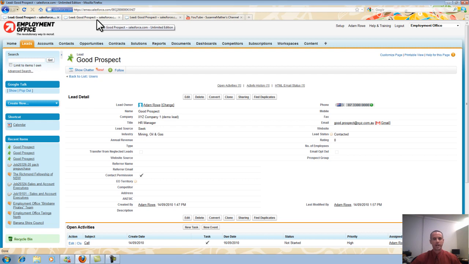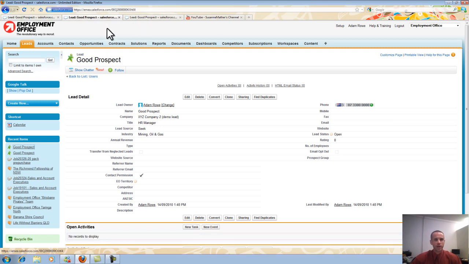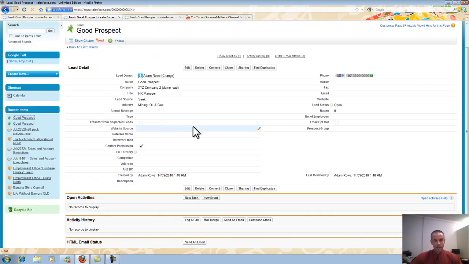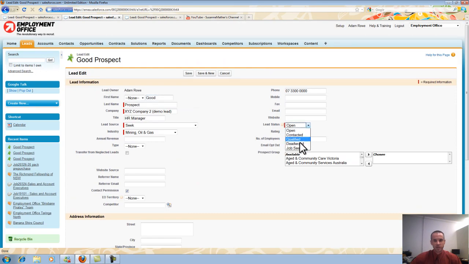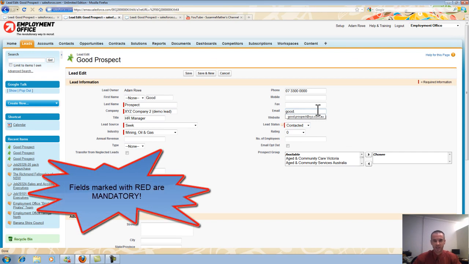The second scenario is where you were able to reach your contact, you were able to pitch, tell them about the Employment Office service, but there's been no opportunity for a sale, no roles coming up. What we want to do in that scenario is once again edit the account, change it to contacted as we did earlier, and once again include the email address of your contact. We then click save,